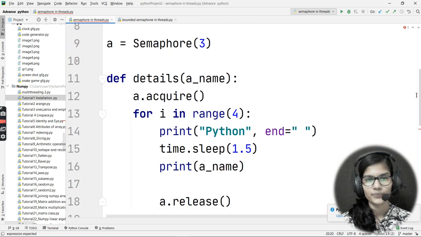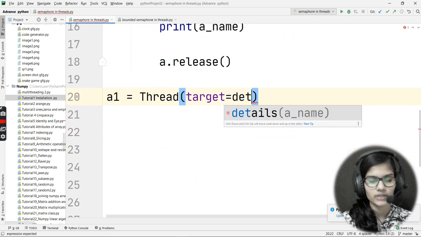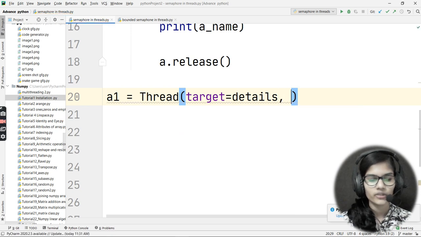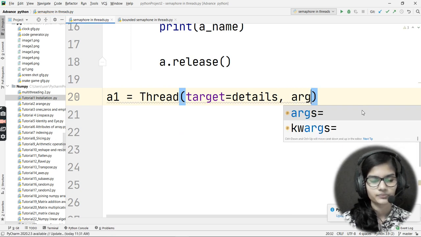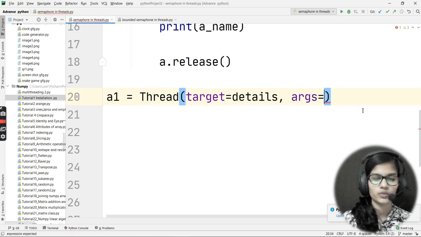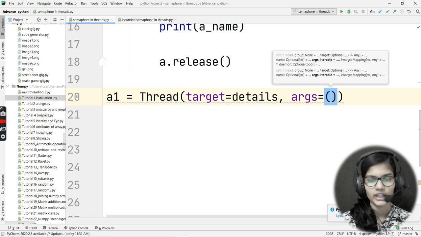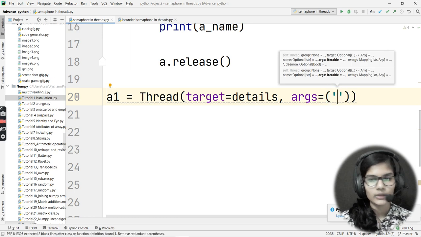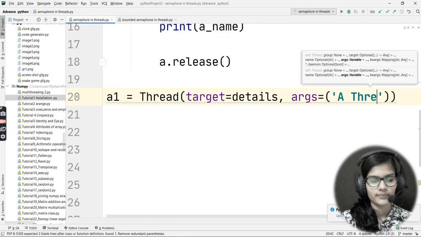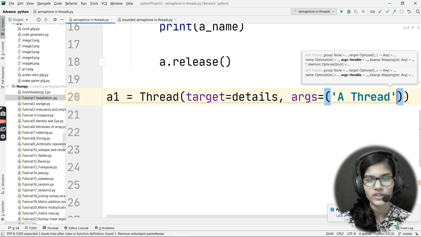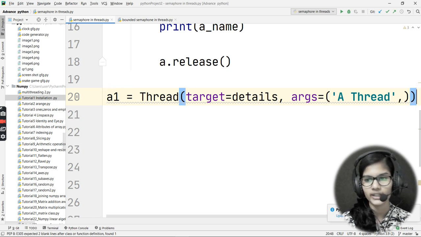We call the function here. So my target is details, so I would write details here. I would put a comma, and what are the arguments I want to pass here? My argument is a_name. So let's say I would pass a thread here. Let's say this is the argument I want to pass, and I'll put a comma here.